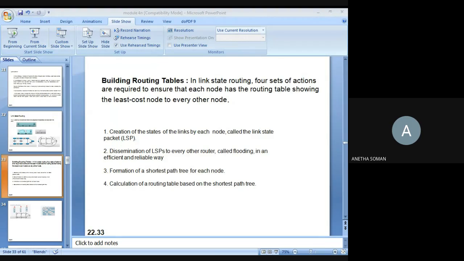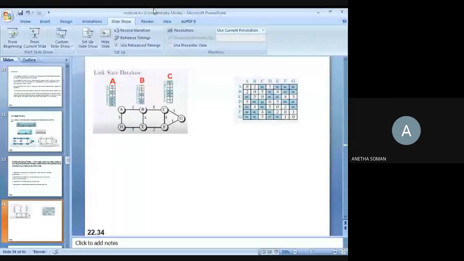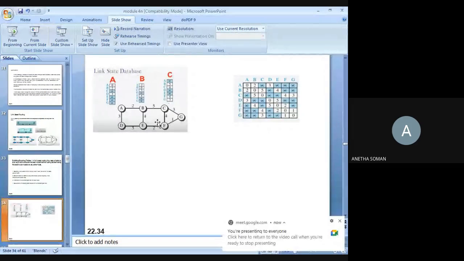So what I have told is you have to do 4 actions. Initially, you have to create your LSP packet. Now, what is that LSP packet? I have taken a network here where routers and links are shown. When I consider router A, I have told you it knows only the cost of its neighbors at the initial state.